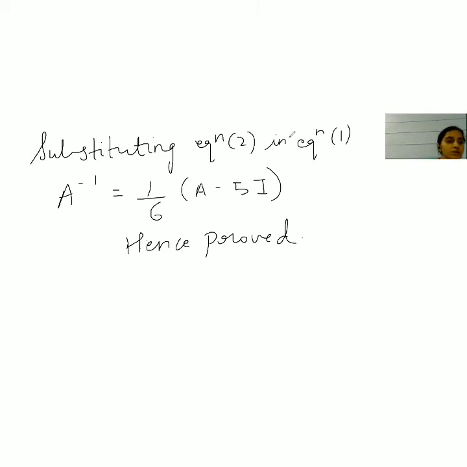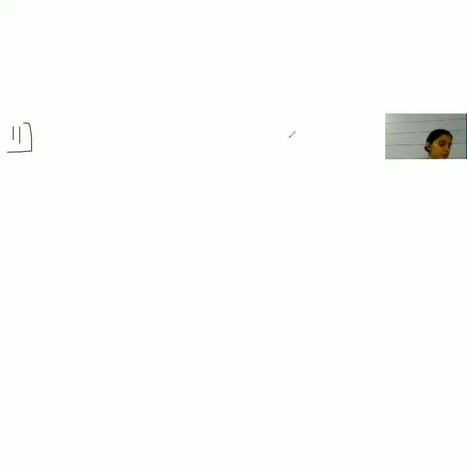Let's go to the next one, the 11th problem. The 11th question is to find the matrix X. The question says find matrix X such that AX is equal to B. So how will we find this matrix X? They've given A to us and they have given B to us. AX is equal to B is given, and we have to find X.